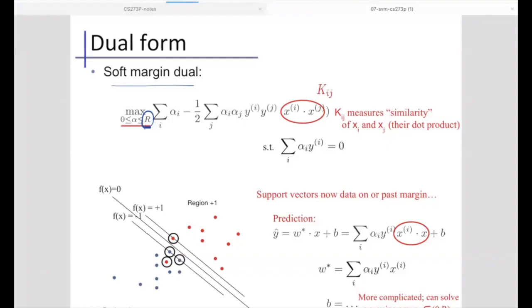If you look at the solution here, your predicted W is going to be a summation of a set of Lagrangian multipliers, so summations over the support vectors here. However, now it's slightly more complicated because your R has an upper bound in here. So your support vectors are going to be not only those located on the boundaries, but also including the data points that are